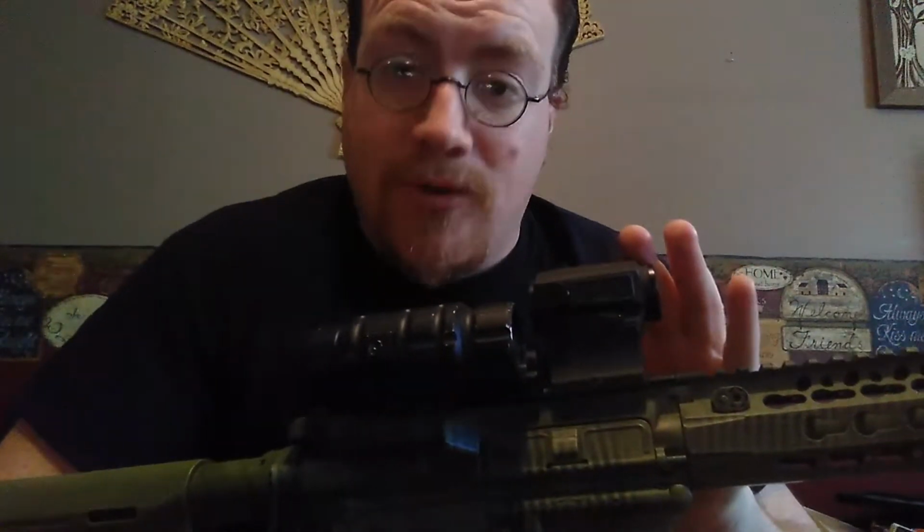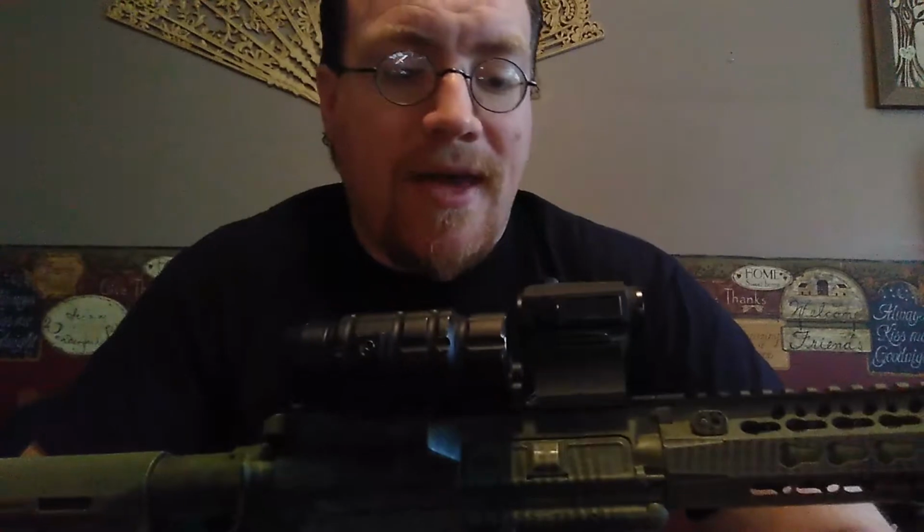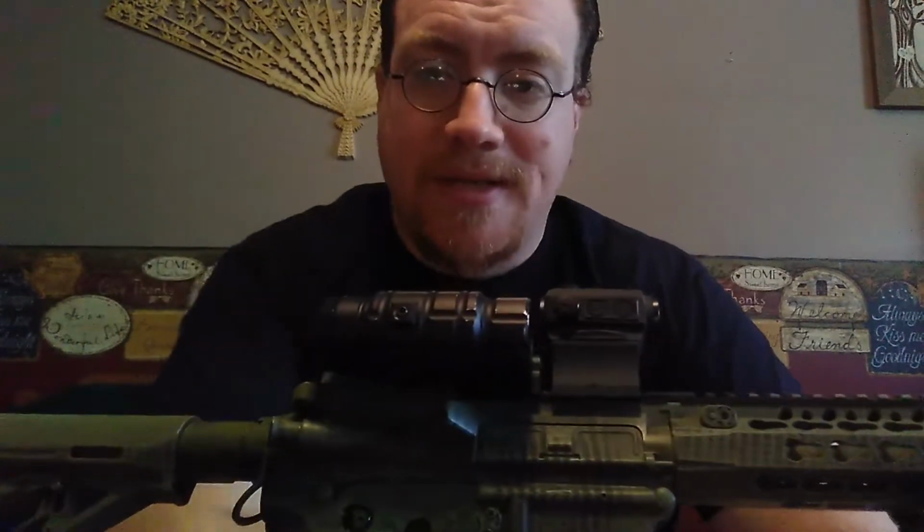This just has a simple dot, by the way. Holosun also makes a 503C, which gives you the option of having the simple dot or a circle dot with a 65 MOA ring around the simple dot. And of course, they have an entire line of other optics that I could go into on a completely separate video. They have magnified optics, they have prism optics, they have